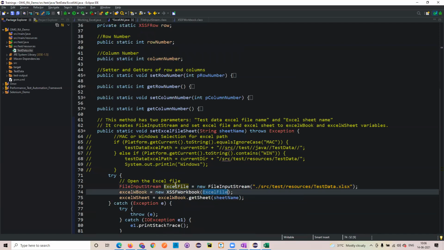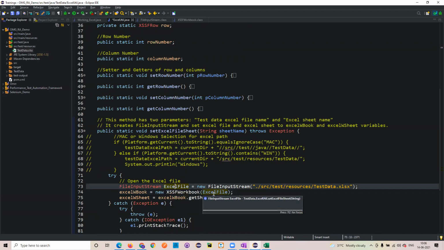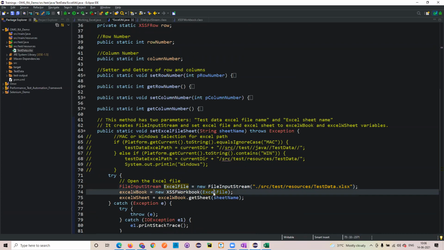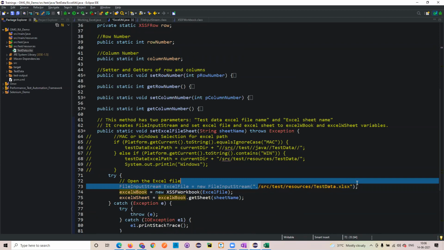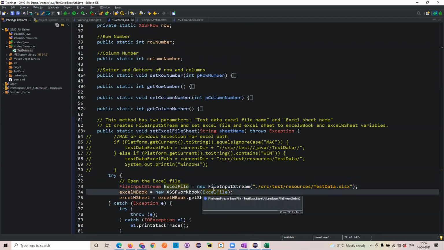Now, as we created that Excel object, we have passed that particular Excel object over here. Once after this, we have complete control on this particular Excel book. Out of 10 workbooks, I'm saying, boss, you take the test data Excel workbook. So now that object we created, and then we pass that object here, and into this particular workbook, this Excel book comes into the picture.